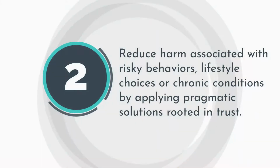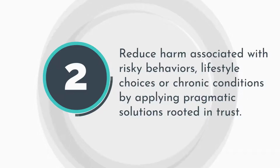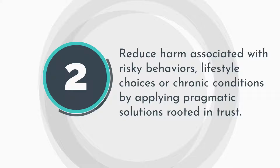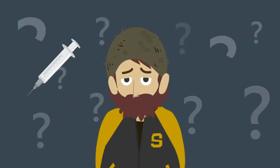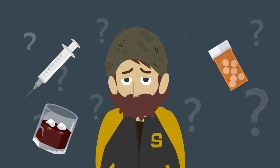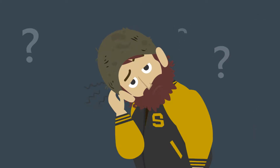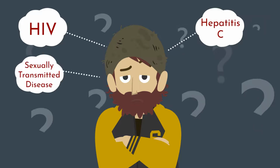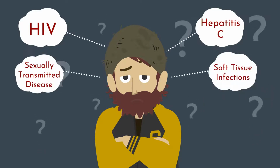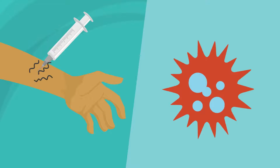Step 2. Reduce harm associated with risky behaviors, lifestyle choices, or chronic conditions by applying pragmatic solutions rooted in trust. When working with patients with an active substance use disorder or a history of substance use disorder, the most immediate needs often center around prevention or treatment of conditions such as HIV, hepatitis C, sexually transmitted disease, or soft tissue infection. This is especially a concern for injection drug users, but the risk still applies for many non-injection drug users,